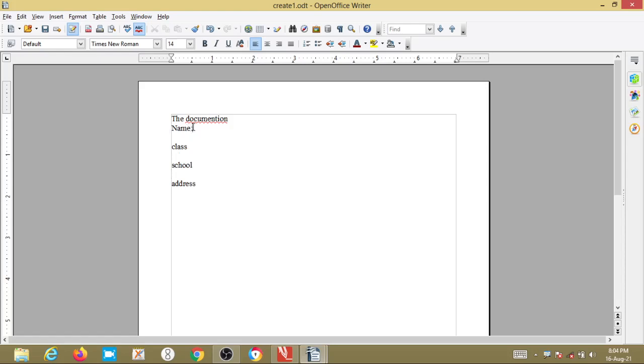This is common for all the students, so it has to be saved in a default file named create1.